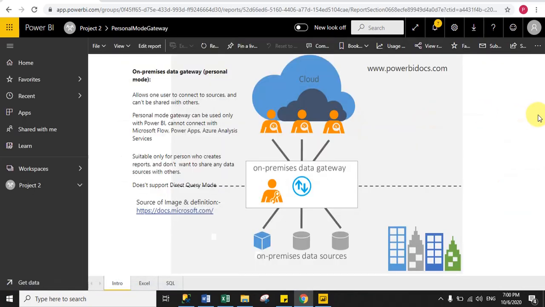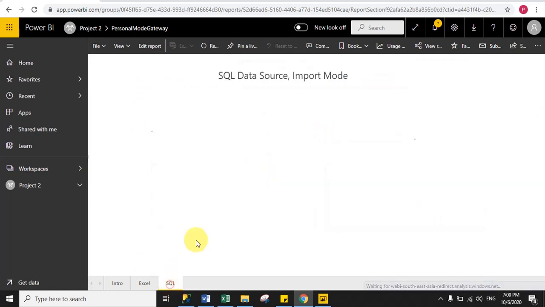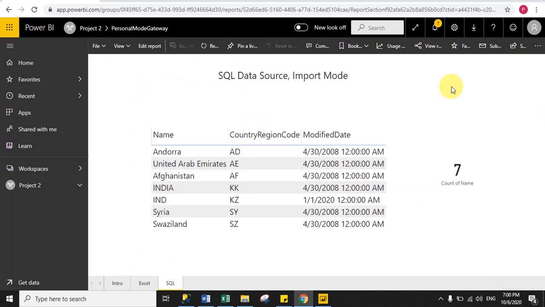See, this is my report first page. This is my Excel data source and the last one is the SQL data source. I am using import mode, so that's why I am able to see data here. The reason is that in import mode Power BI stores all data in the Power BI cache. Let's assume I add new records in my SQL table and in my Excel data source, what will happen? You will not get all the updated records here because till now we have not installed any gateway. Using a gateway you can refresh your dataset. So firstly we will install the gateway.